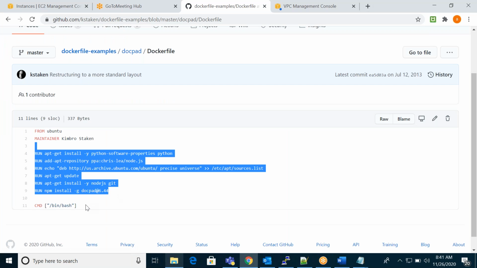If you take 100 Dockerfiles, it's the same thing, nothing new. Take any other, like MySQL or MongoDB. It's the same thing.